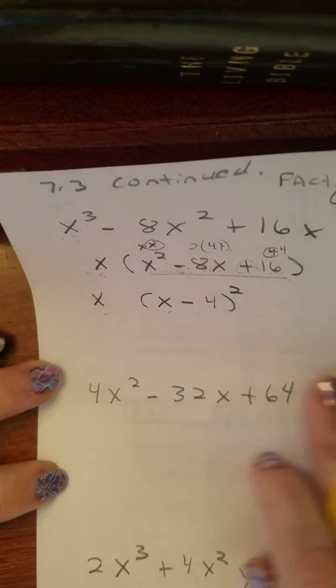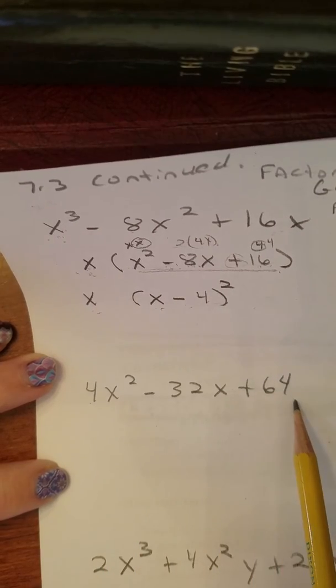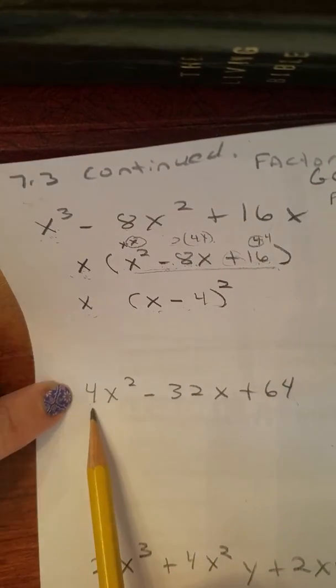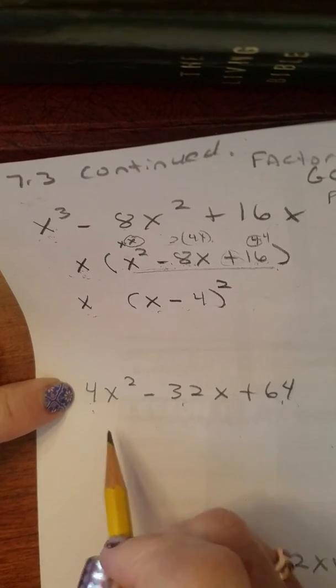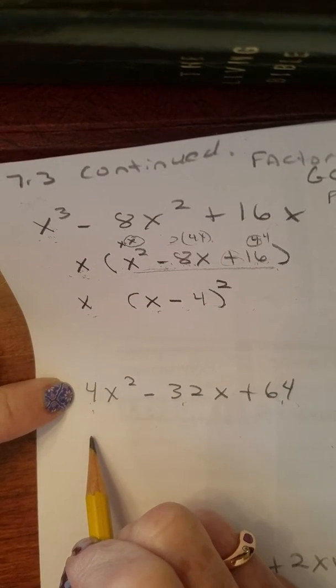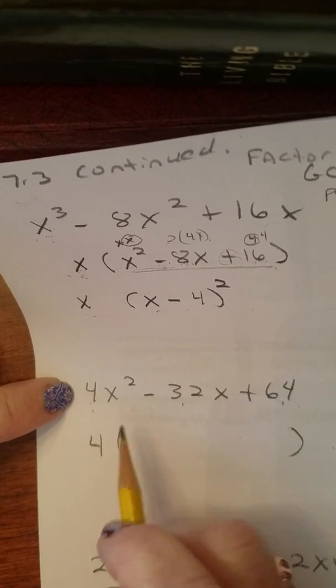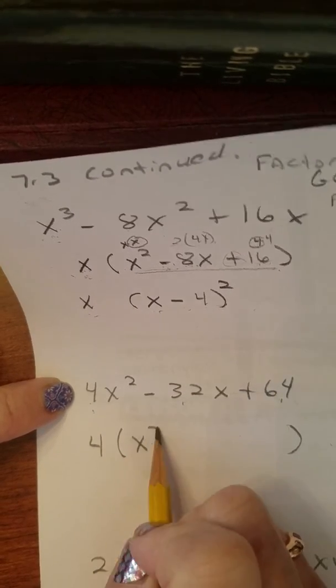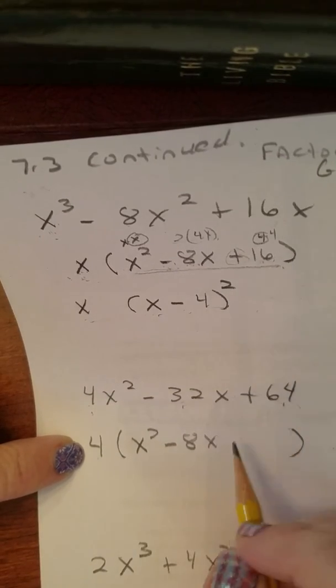Here's another one. First thing you're going to ask yourself, is there a greatest common factor? Well, they're all divisible by 4. This is divisible by 4, 32 is divisible by 4, and 64 is divisible by 4. So my GCF is 4. So I'm going to take out a 4, factor that out, and I get x squared. 4 goes into 32, 8. 4 goes into 64,